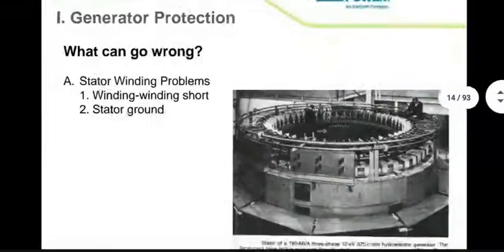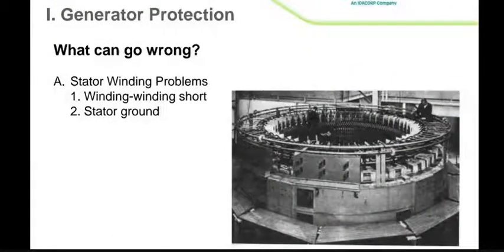What can go wrong in a generator, in an alternator, I mean? Stator winding short circuits can happen, overheating may be the reason for that. Suddenly, a grounding of the stator may occur unintentionally, of course. See how huge the alternators look for power systems. This is the stator they are showing. It's very large. I don't have the exact dimensions here, but it's large. You need a full building to keep it.